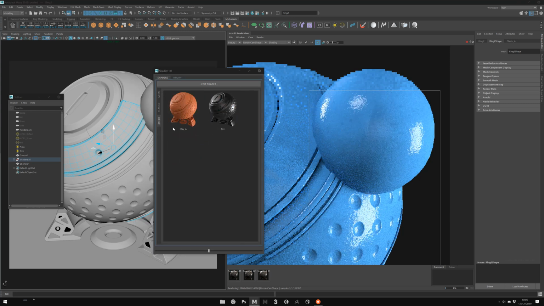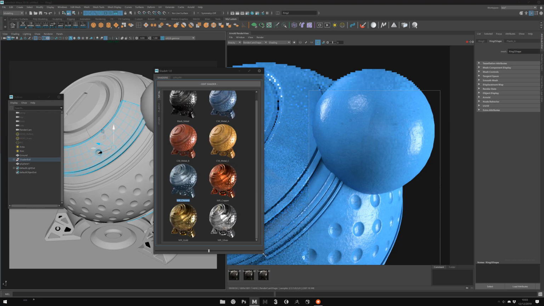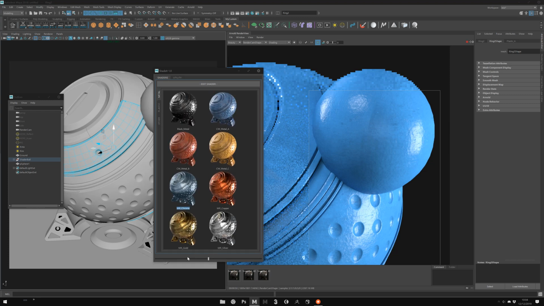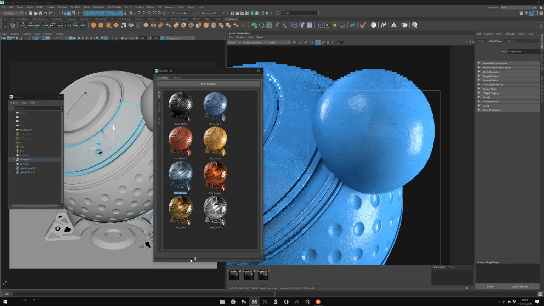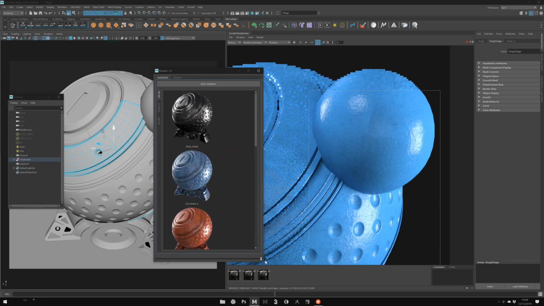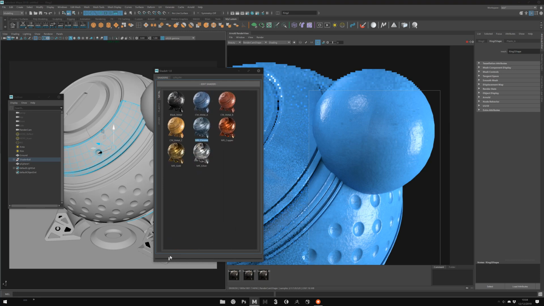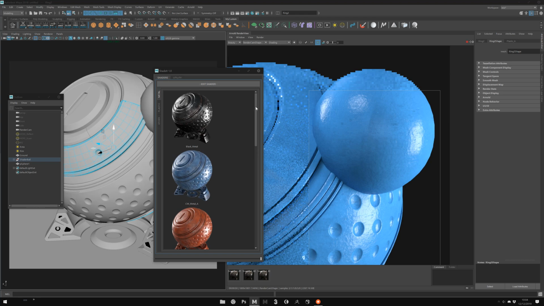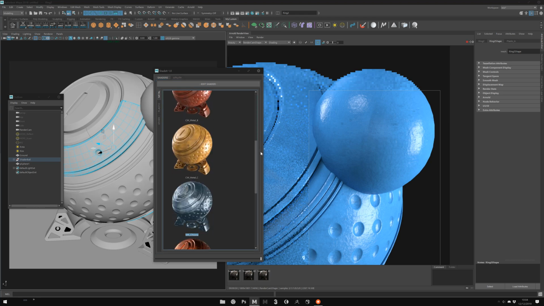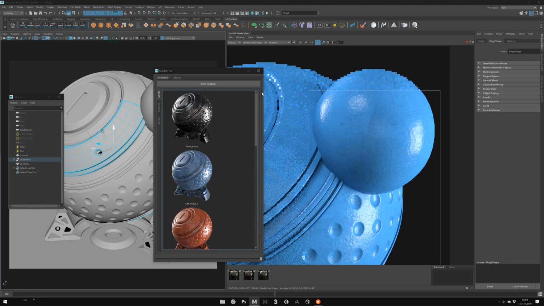Okay, after you have a clay enter here, I let you play with that also, and that's all. Okay, just test, play with it. And of course here at the bottom you have a little slider just to play with the scale of the thumbnail if you want to have a better look at the render of the material.